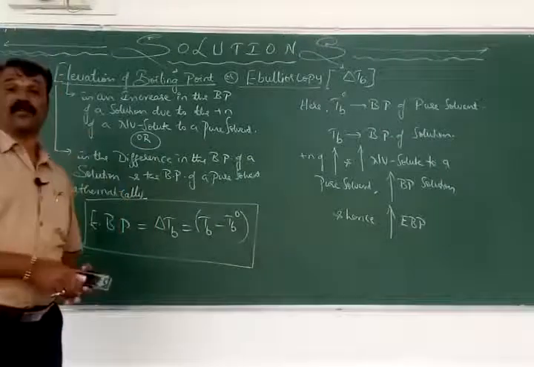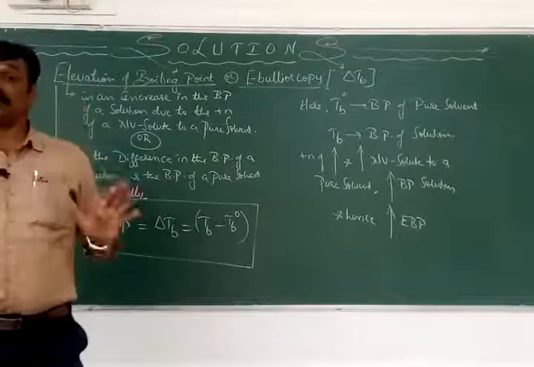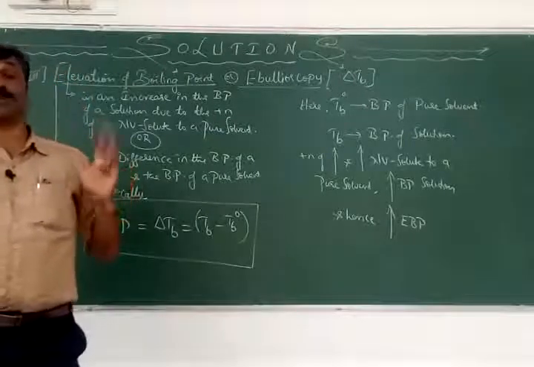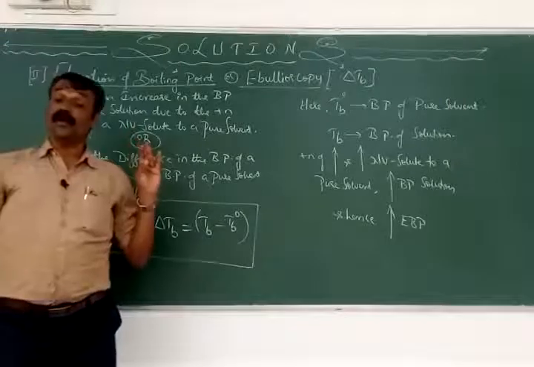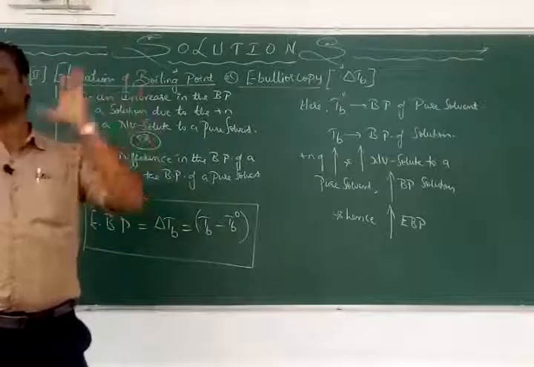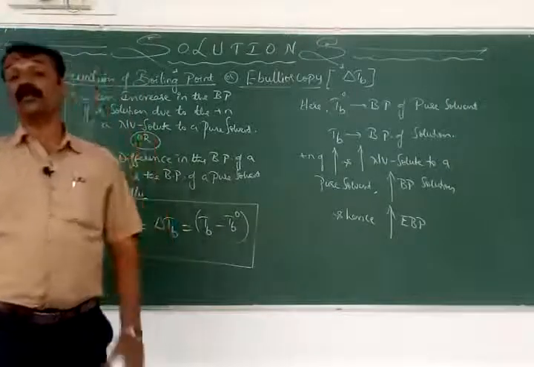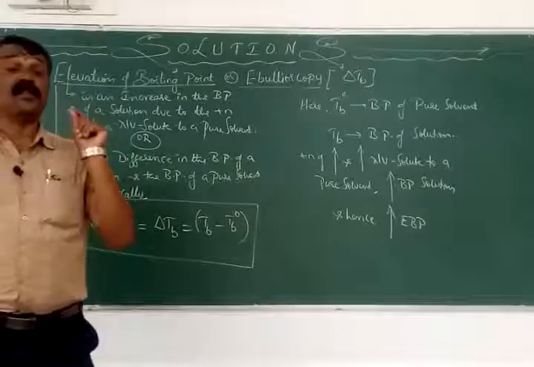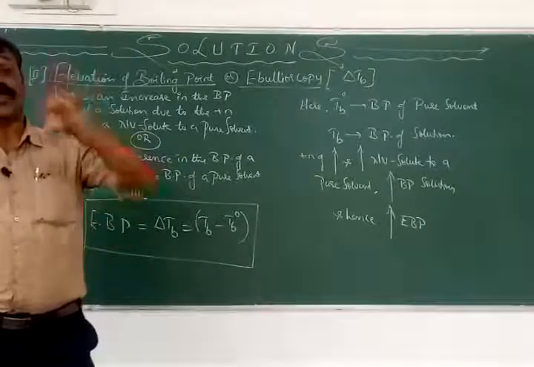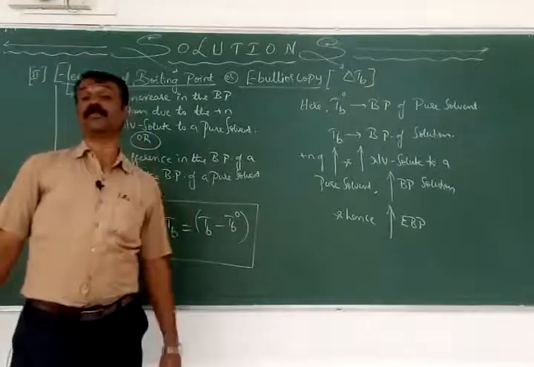So first, what is boiling point? The temperature at which the vapor pressure of the liquid is found to be the maximum. That is the simplest definition. The standard definition is the temperature at which the vapor pressure of the liquid is equal to the surrounding pressure, and that is called boiling point. Or we can have the third one: the temperature at which the liquid and the gaseous phases of the same substance can exist together. We are observing both the phases. What are those?